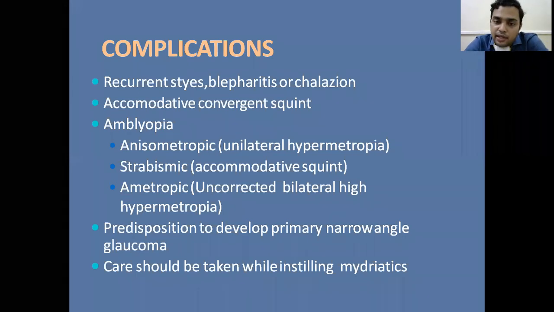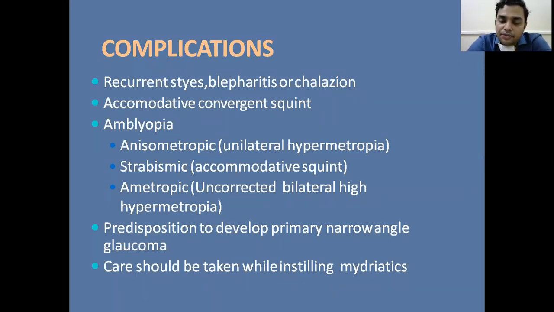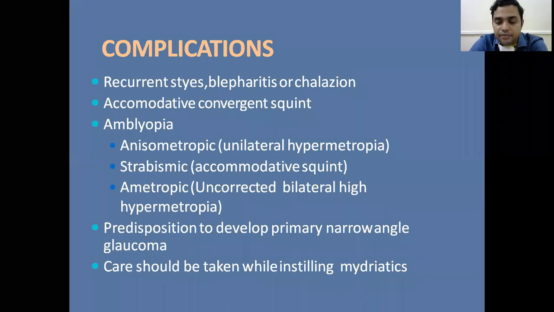Here we don't see any structural abnormality in the eye, but because of decreased sensitization between the eye and the brain, that leads to a condition called amblyopia, that we also call a lazy eye. We don't see any structural abnormality, but the visual acuity is less, which cannot be corrected with contact lenses or glasses. Even if the patient has amblyopia, we cannot correct the refractive error even with glasses or contact lens. It is of different types.